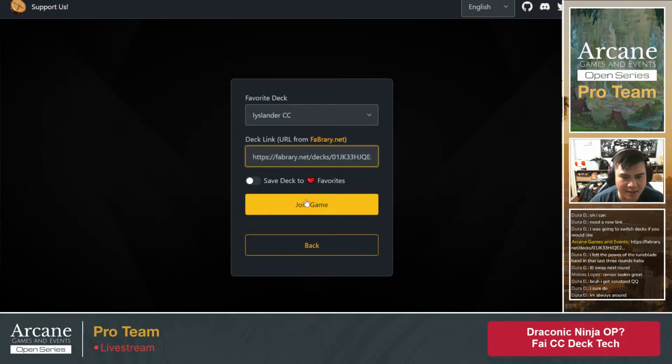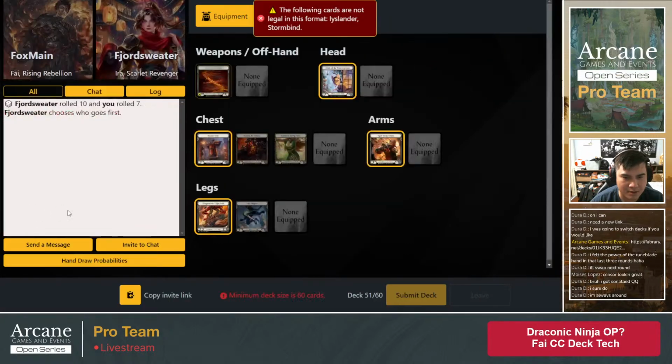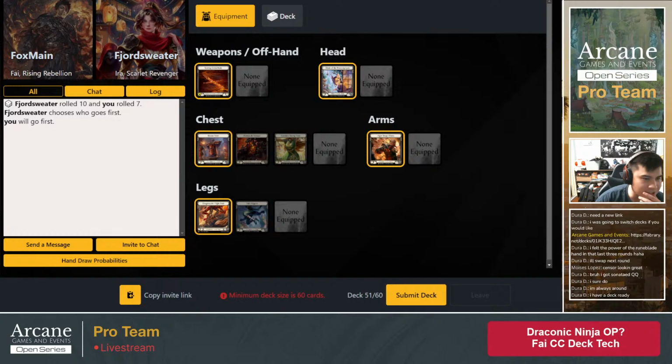Alright, let's play against a disruptive class. Never mind. Let's play against Ninja. Oh. Fjord Sweater. Let's play against another Ninja. Ninja action. I have a deck ready? Okay. Let's play then. Engage. Let me send him the...